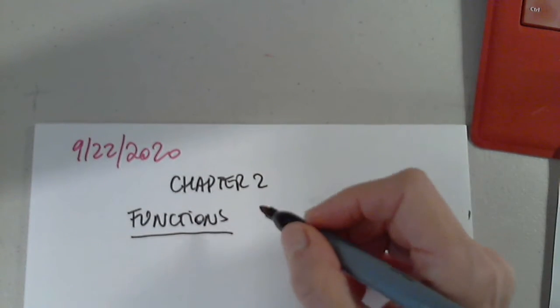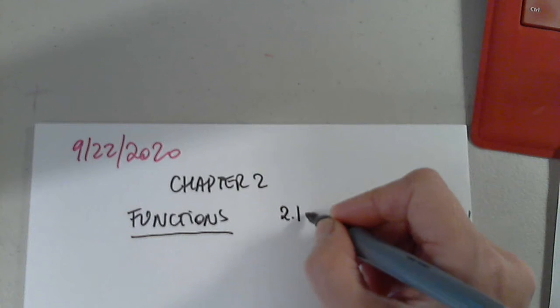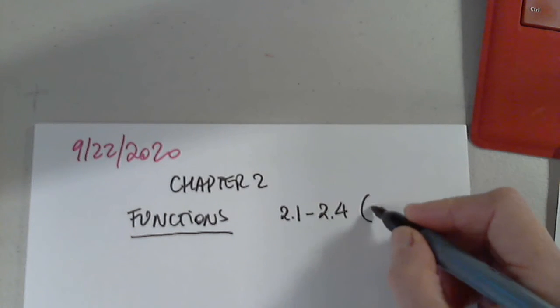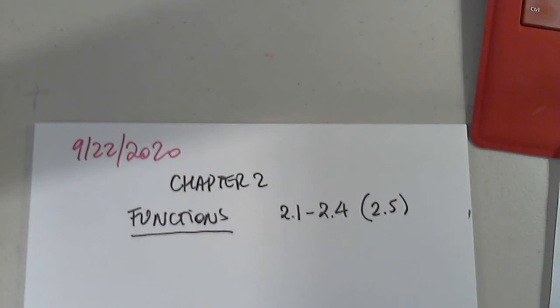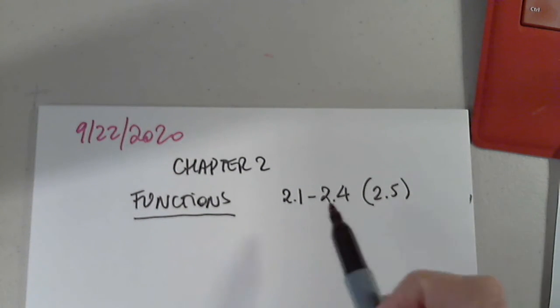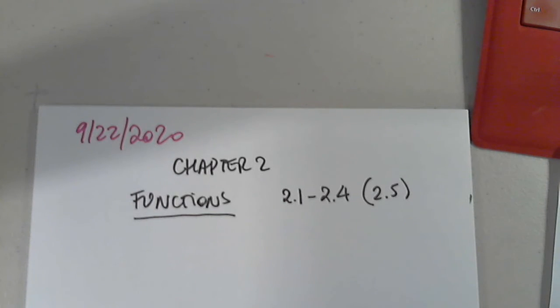So from this chapter, we're going to look at 2.1 through 2.4, maybe if we have time 2.5, so we can take the test next week. We'll see. But at least these 4 sections have to be completed. Okay, so